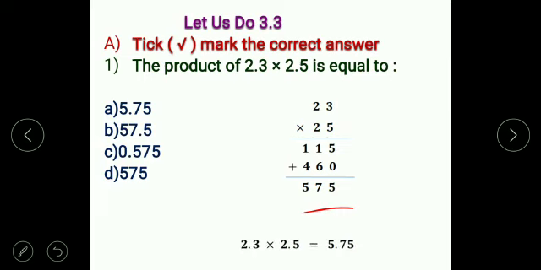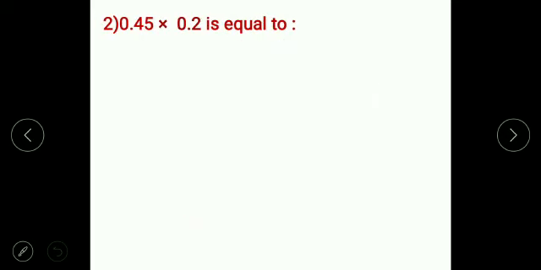5.75. So the answer of this question is option number A, 5.75. So now the next example is 0.45 into 0.2, equal to option number A 0.9, option number B 9, option number C 0.09, option number